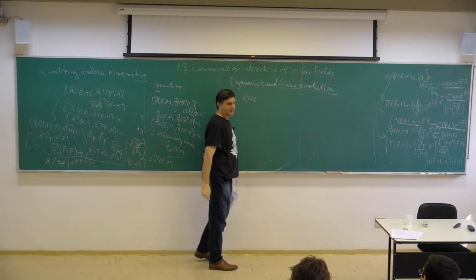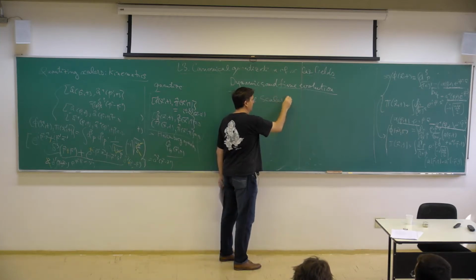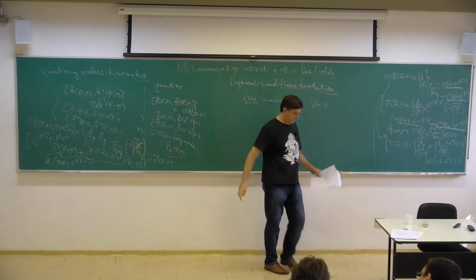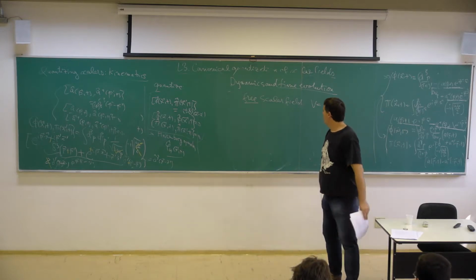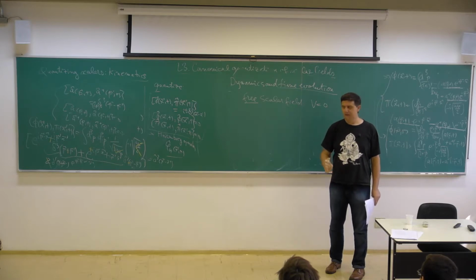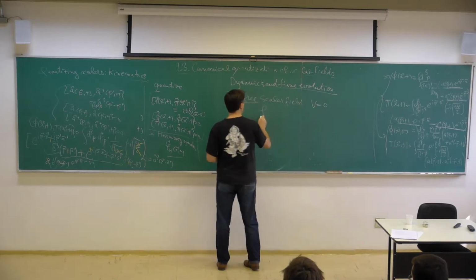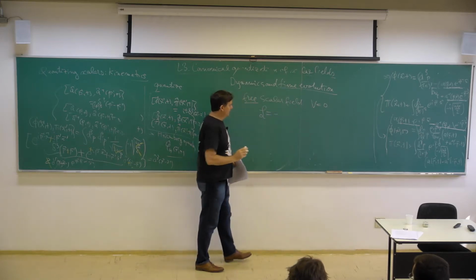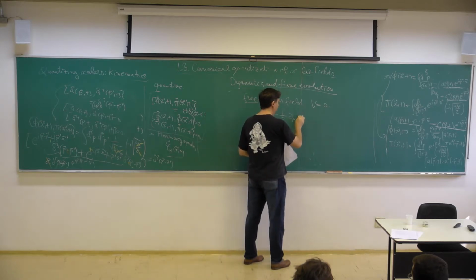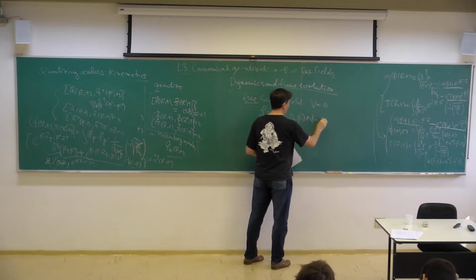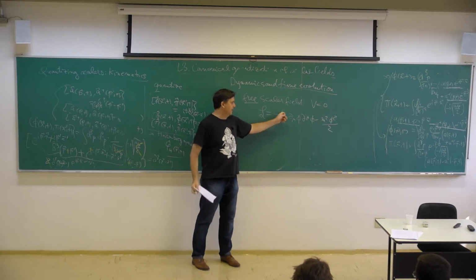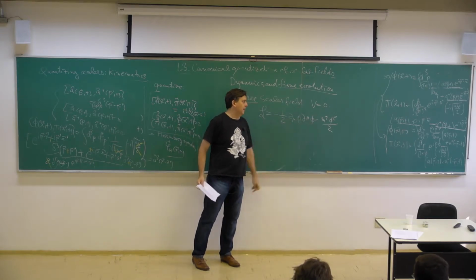So we'll consider just a free scalar field, which means no potential, right? Well, no potential, I said, when I will consider separately the mass term. So we'll have a mass. And if you remember what we said in the first lecture, where we reviewed a little bit the scalar field, that means the Lagrangian is this kinetic term, minus a half d mu phi, minus a half m squared phi